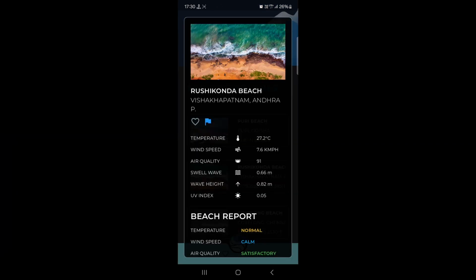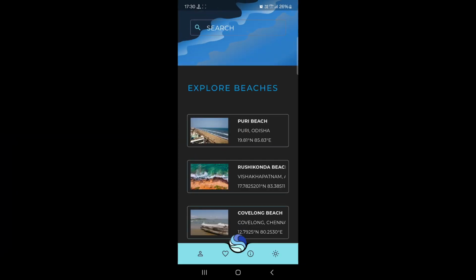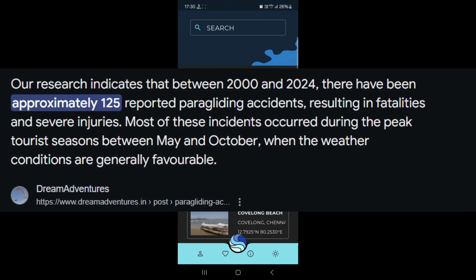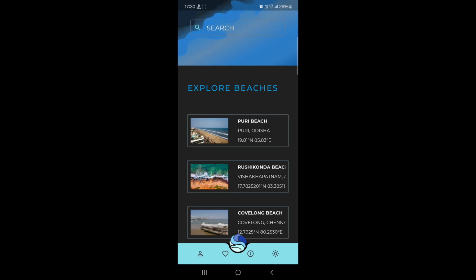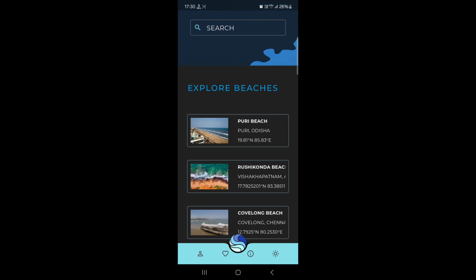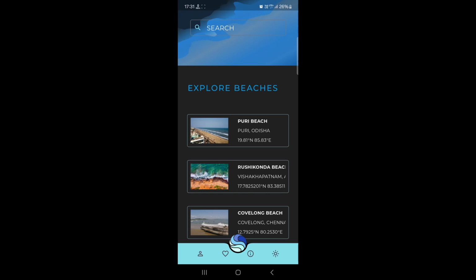Now let us head towards the need of this project. So before I explain the need of this application, I want you to take a look at these articles. This one mentions that approximately 125 tourists had to face death or serious injuries while paragliding in the last 2.5 decades. It's not only paragliding, but even small activities like sunbathing come with the risk of severe sunburn, permanent skin damage, and even skin cancer to some extent. And the most common accident that happens in coastal areas is drowning due to inability to identify the strength of swell wave currents. And this should give you an idea about how dangerous these activities could turn into.